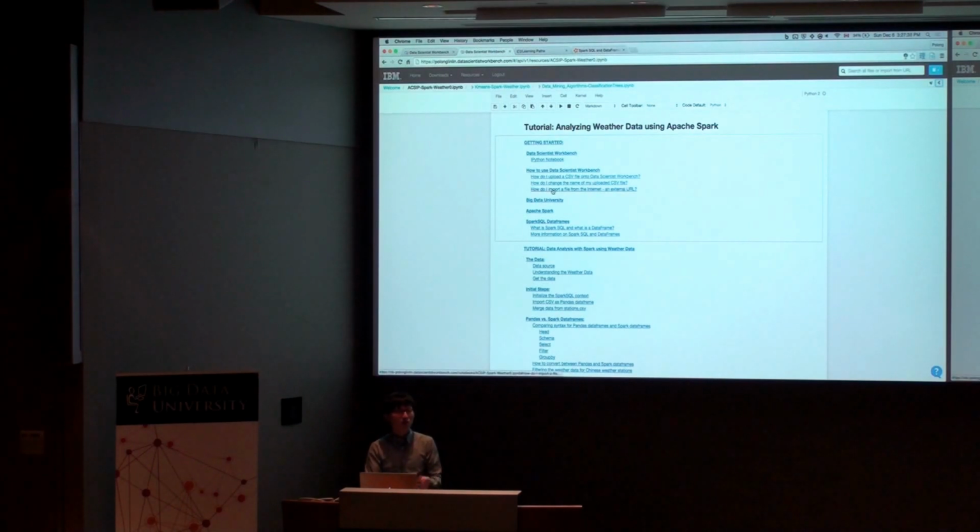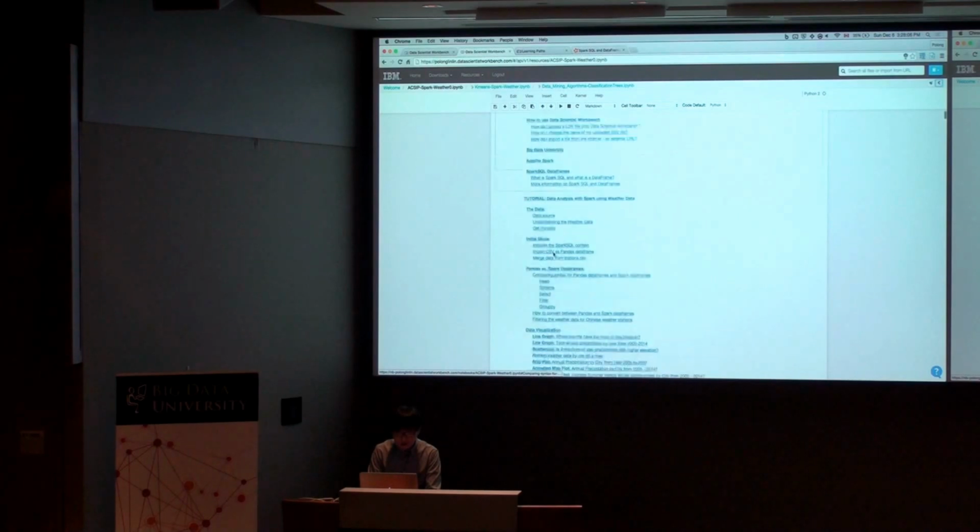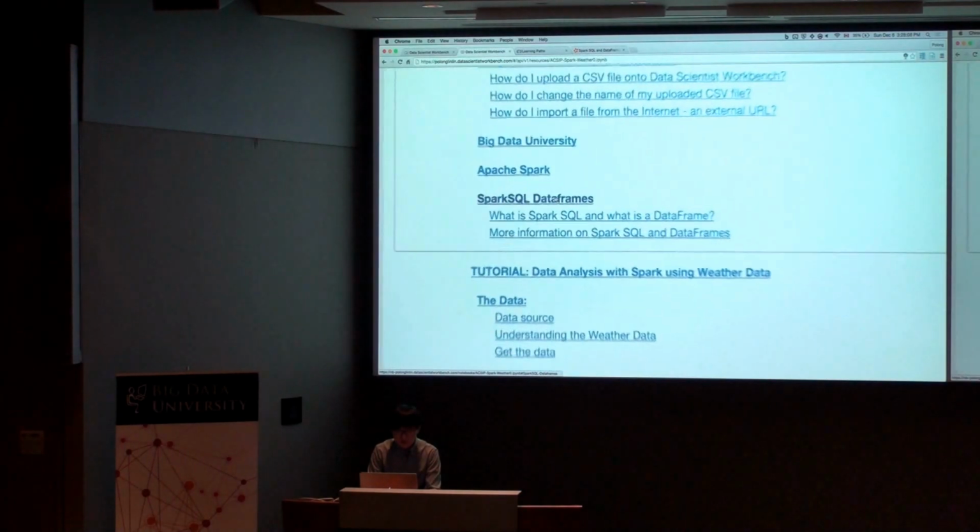Okay. So instead, they've created something called Spark SQL data frames, and data frames are like tables. If you're from a database background, these are exactly like tables. They're 2 dimensions. You have columns and you have rows. You can have as many rows and as many columns as you want. But of course, when it comes to big data, you have many rows or many columns, and that's the only difference between Spark data frames and a typical small data frame. Okay. So let me skip down here to Spark SQL data frames, and